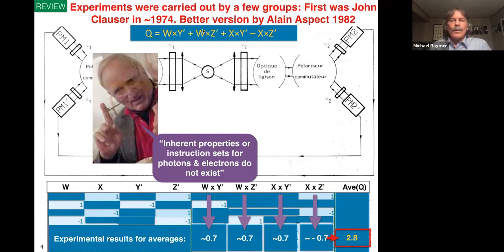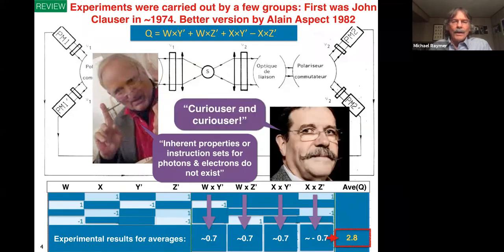So when you combine those with a plus plus plus minus combination, as Bell instructed us to do, you get 2.8, which is greater than 2. And remember, we have millions of measurements here, and therefore this measurement is well within the margin of error. In fact, the chance that this result exceeds 2 just by accident is like 1 part in a billion or 100 billion. So that's not the case. It really has exceeded 2 significantly.